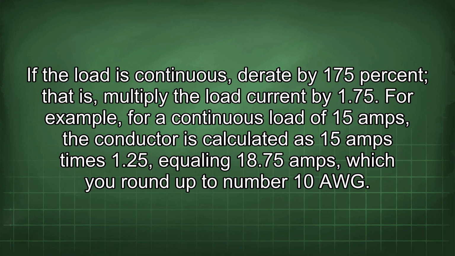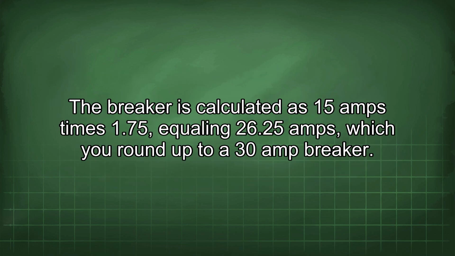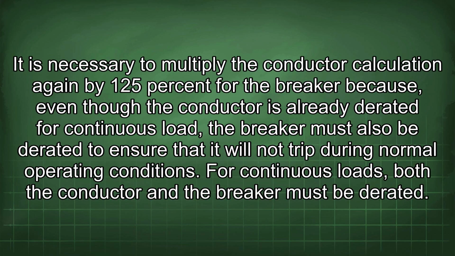For example, for a continuous load of 15 amps, the conductor is calculated as 15 amps times 1.25 equaling 18.75 amps, which you round up to number 10 AWG. The breaker is calculated as 15 amps times 1.75 equaling 26.25 amps, which you round up to a 30 amp breaker. It is necessary to multiply the conductor calculation again by 125% for the breaker because, even though the conductor